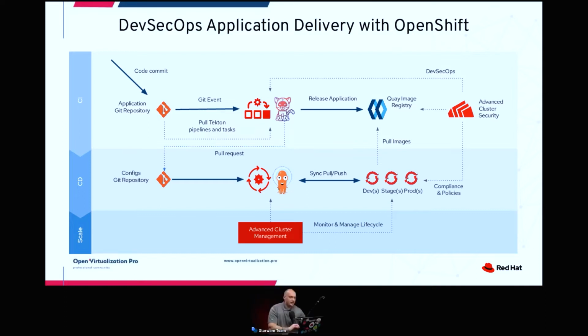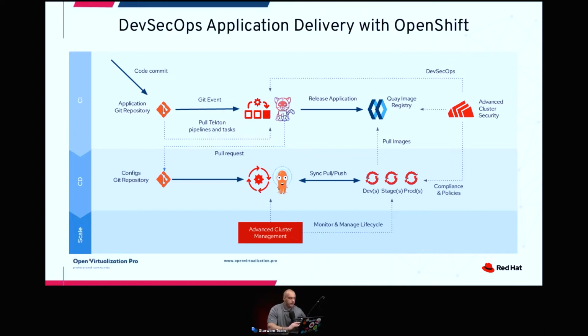Yeah, so this is the second component that we use to implement the continuous deployment step in our pipeline. And then here on the right-hand side, you can see the Advanced Cluster Security, so our sec component in our DevSecOps pipeline, which we use in basically every step of our CI/CD process. As you can see, we use it in a Tekton